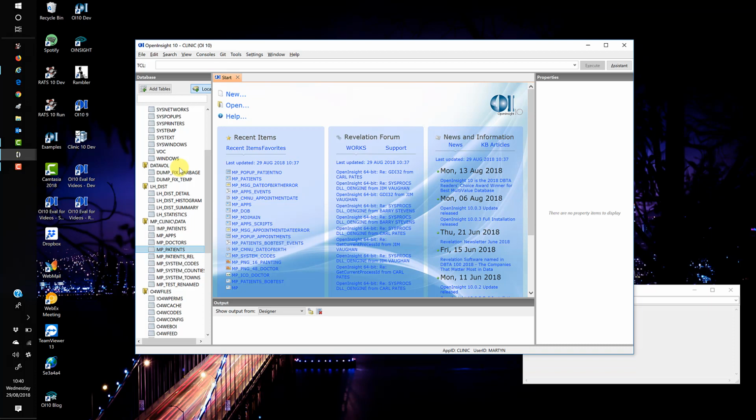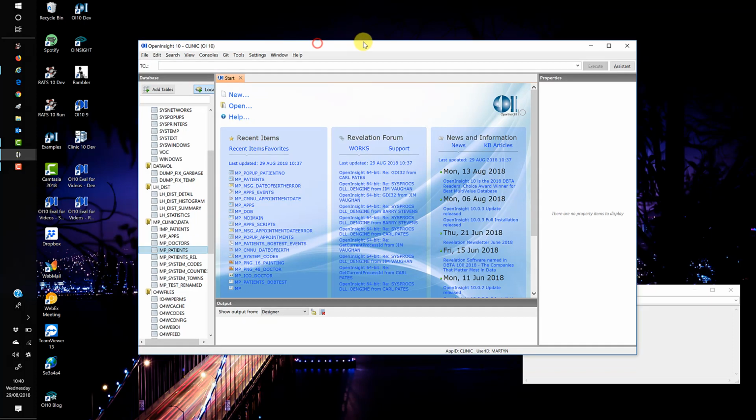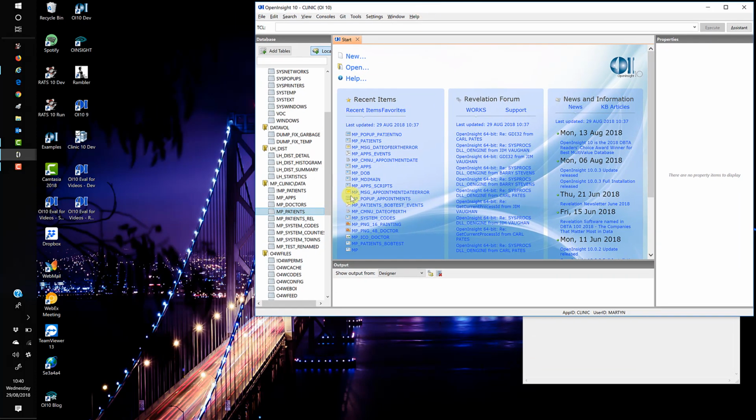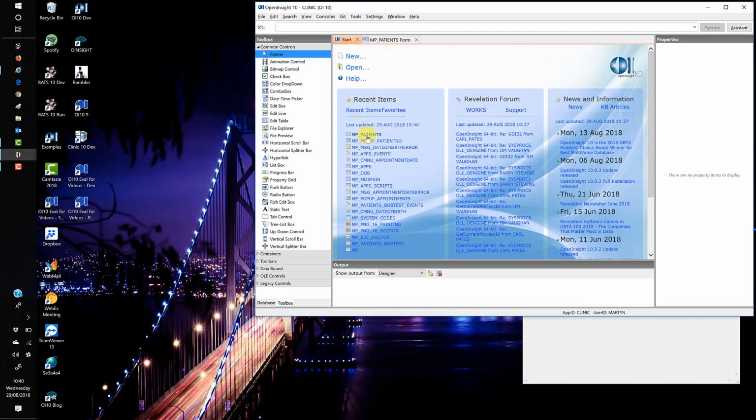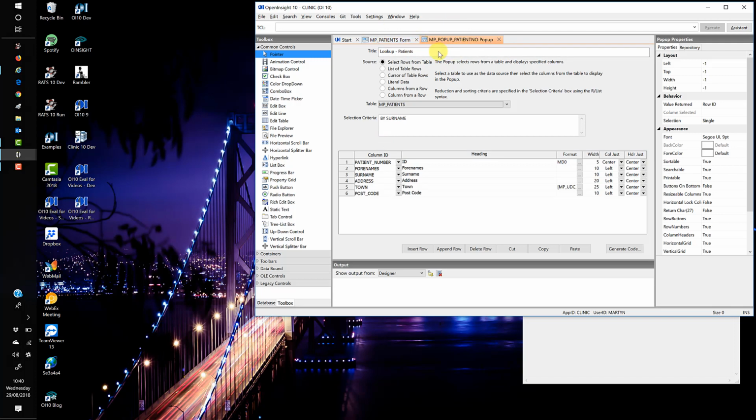Now, when we come to record locking, again, this is something in a lot of systems that the developer needs to take care of, locking one or more records and knowing where users are, etc. One of the powerful features of OpenInsight is the fact that record locking is built in, and it's built in both at the OpenInsight IDE level and also at the application level. And I can demonstrate that because if we open up in this copy of OpenInsight, I'm just going to open up the MP Patients form and the pop-up. So two entities that we've been working on